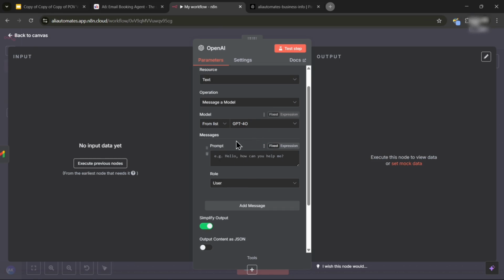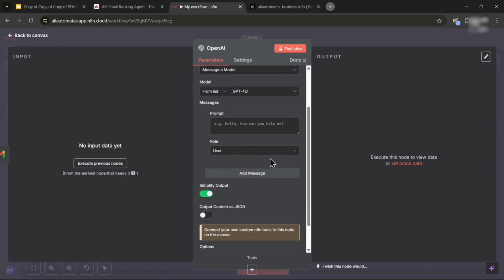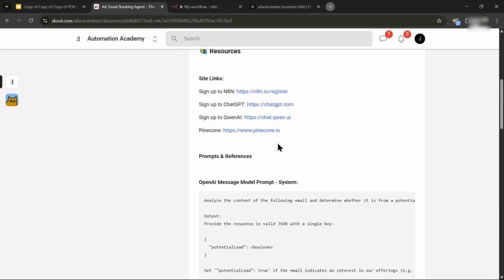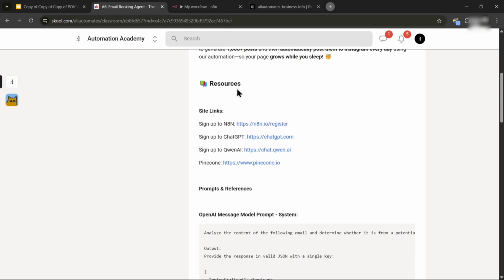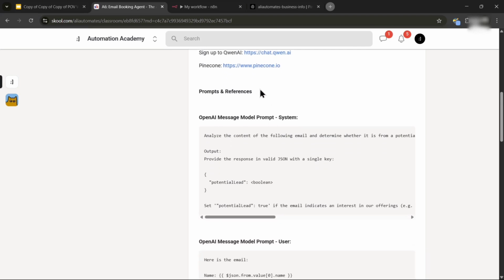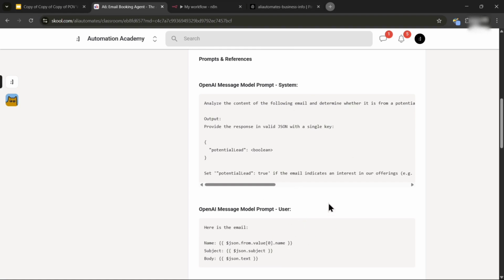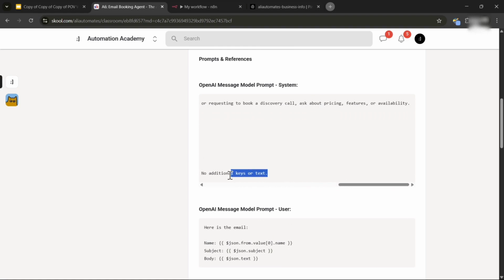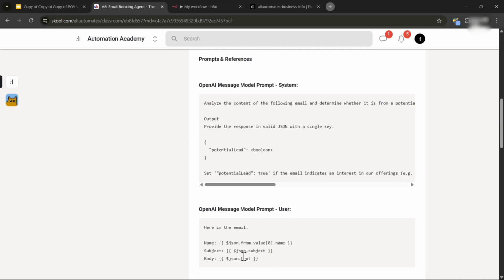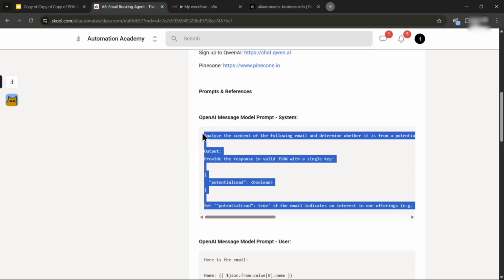The first prompt is going to help the OpenAI message model differentiate between what is a non-lead email and what is a lead email, and the things that it should look out for. And for the second prompt, we just need to provide the email so that it obviously knows what we're talking about in the first place. So I have decided to provide this in the description of this tutorial. If you go to the resources section, prompts and references, you'll find the OpenAI message model prompt, the system and the user prompt. So these are the two prompts. This is the one that allows it to differentiate, and then this is just the email. So let's copy and paste this into our n8n